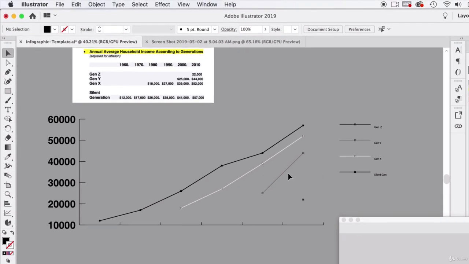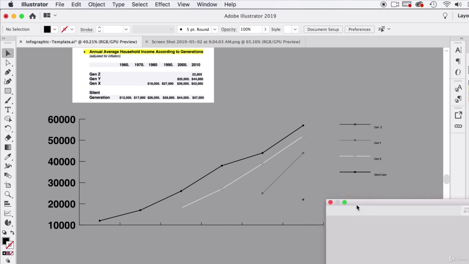So let's go ahead and create all this for you. There's a few things we can do. We can go up to Object, ungroup it, and put our own visual spin on it, make it more exciting and visually compelling. Or we can keep the line graph editable and add some different items to it, or add some visual appeal to it without having to ungroup it and break the graph. So I'm going to show you how to do that, but in the end we're going to break the graph,